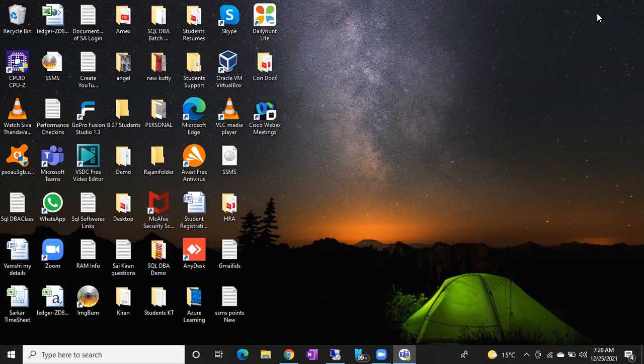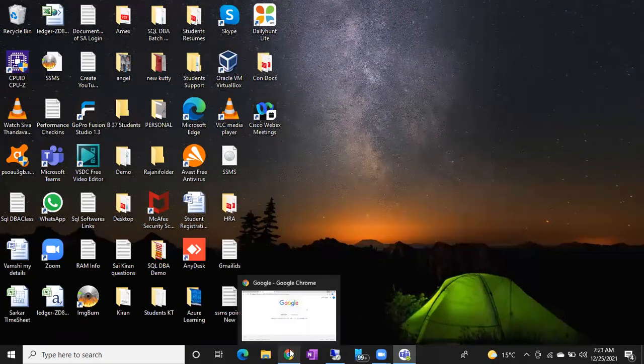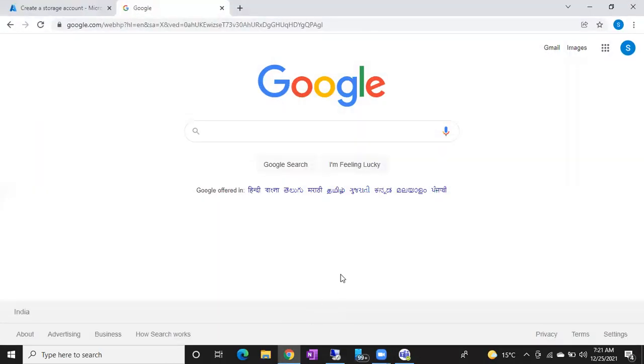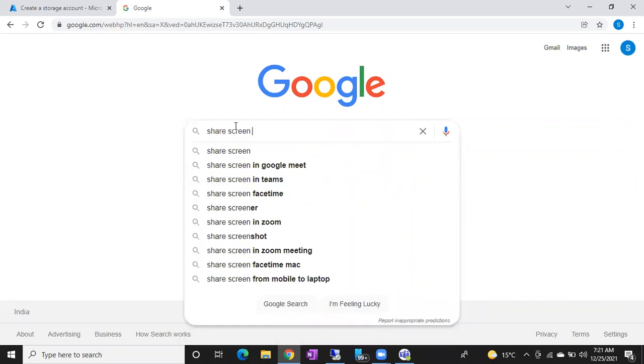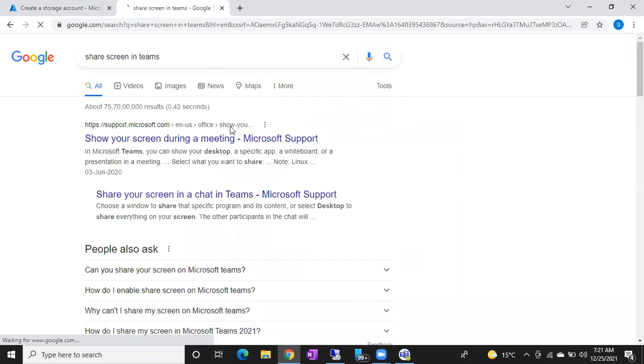Again guys, while sharing the screen, it's very important to please close all the applications that you are not using. For example, one guy lost his job like this. A customer asked, please share your screen. Imagine Pranit is a client for me. Pranit asked, hey Shanmugh, can you please share the screen? I didn't know how to share the screen, so I searched: share screen in Teams.